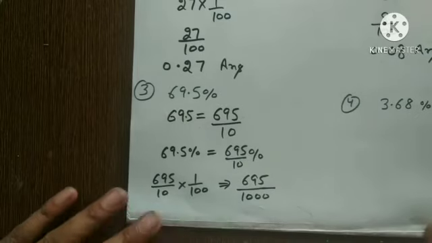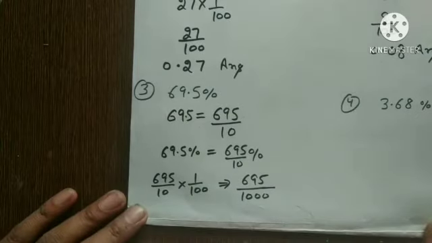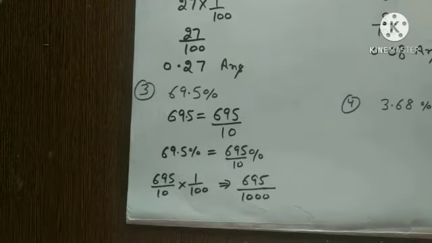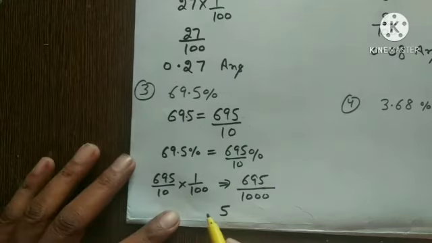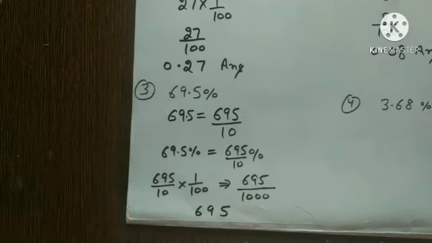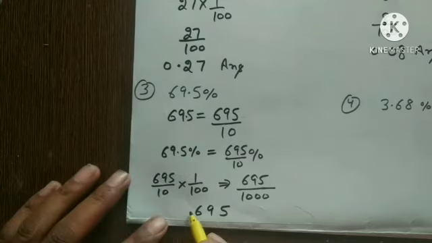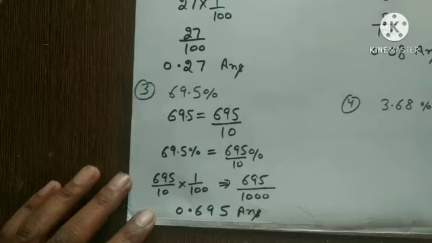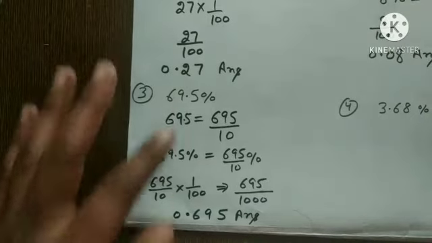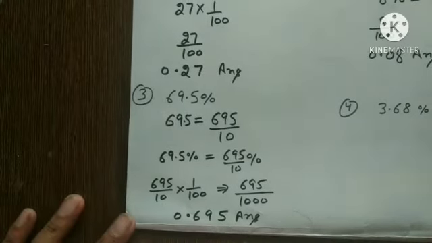Okay student. Now you see that how many zeros are there in the denominator? There are 3 zeros. So I will mark decimal counting 3 digits from the right. So 5, 9, 6. Now how many digits are there? 3 digits, and I will mark now decimal. Okay, and before decimal I will show the 0. That is insignificant. So in this way I have converted this number to the decimal.